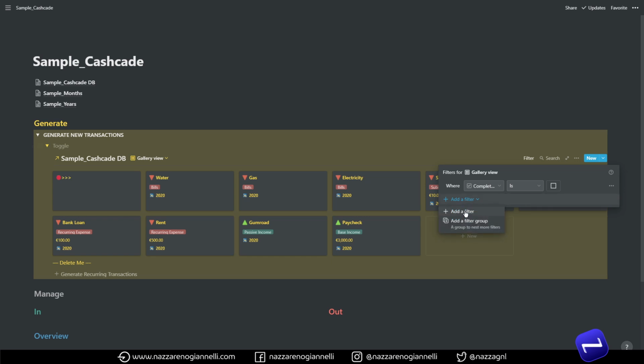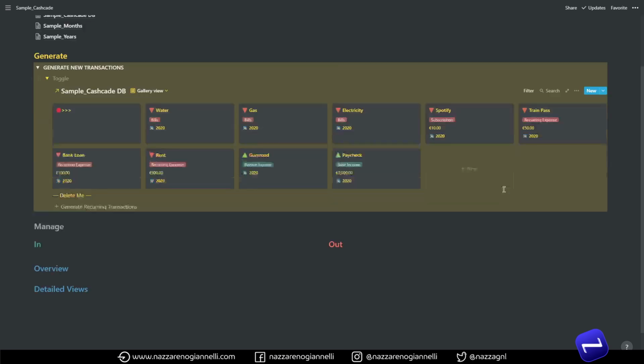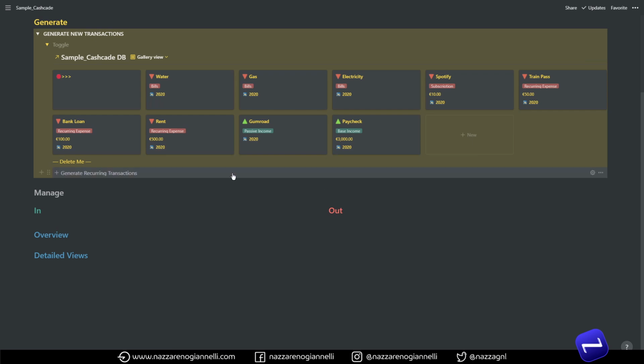And a neat trick here is to filter also by month, for example, and is empty. So we will see transactions that have not the month property correctly assigned,